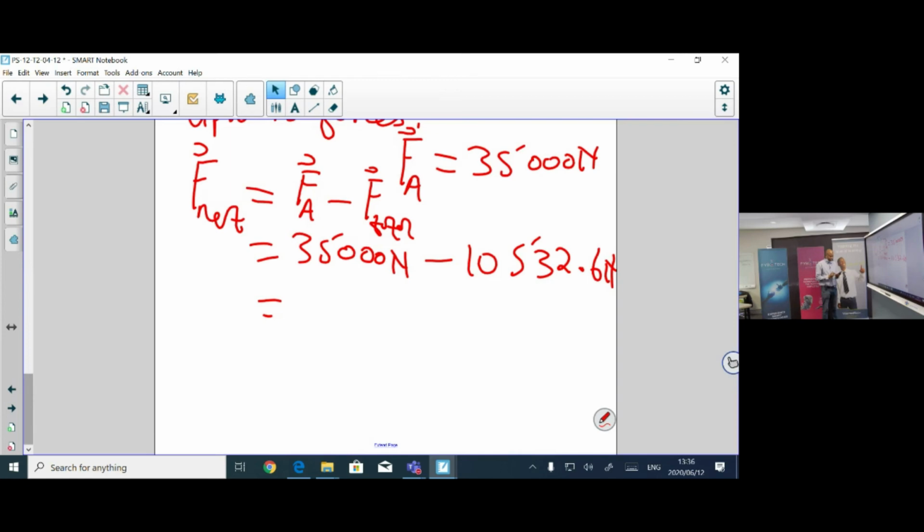35,000 minus 10,000, 532.6, which is 24,467.4 in what? In newtons. Okay, we got our net force. Because of this, we're not yet done, because we have to calculate